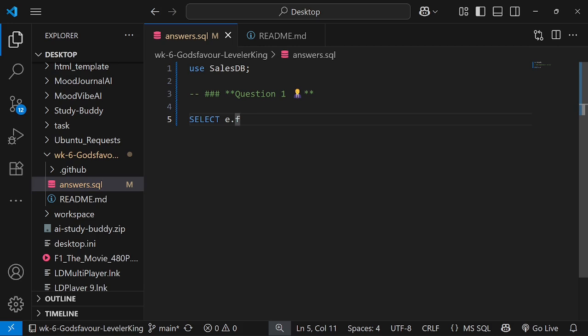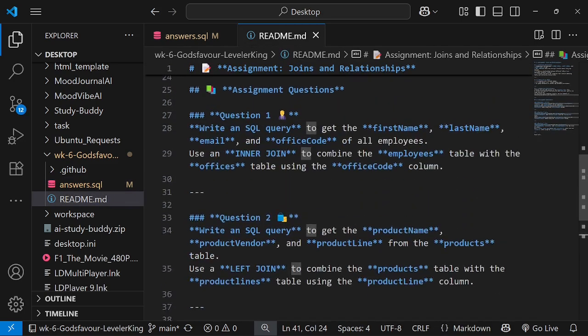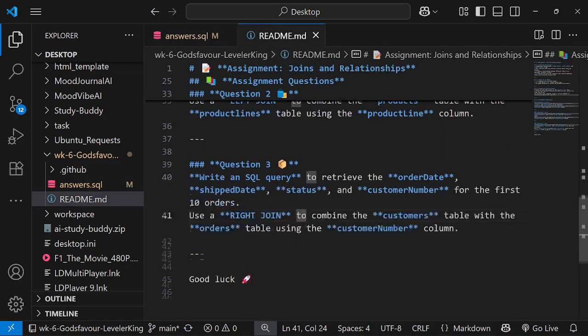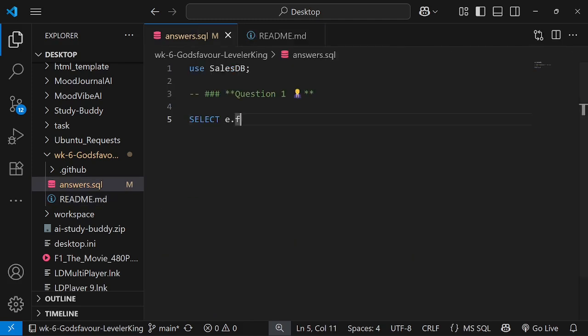All right, so now I will say employees, and what was it? Their first name, right? First name, last name, email. So I just read through now to confirm if what I want to do is actually correct. So I'm going to get their first name and then last name and then email. So first name, remember camel casing, very essential. First name, so last